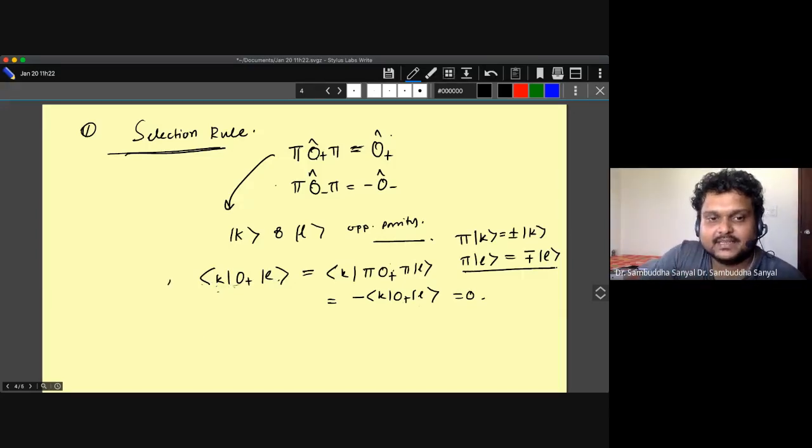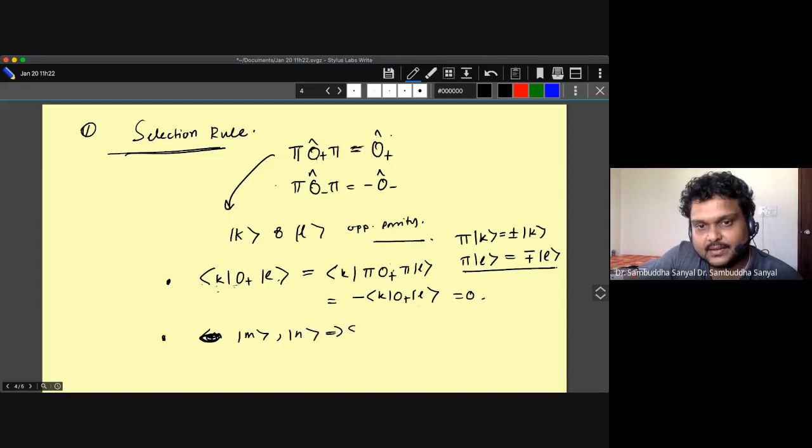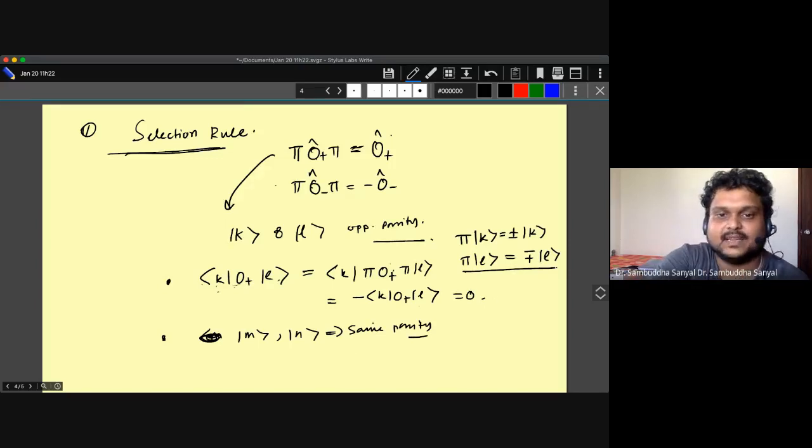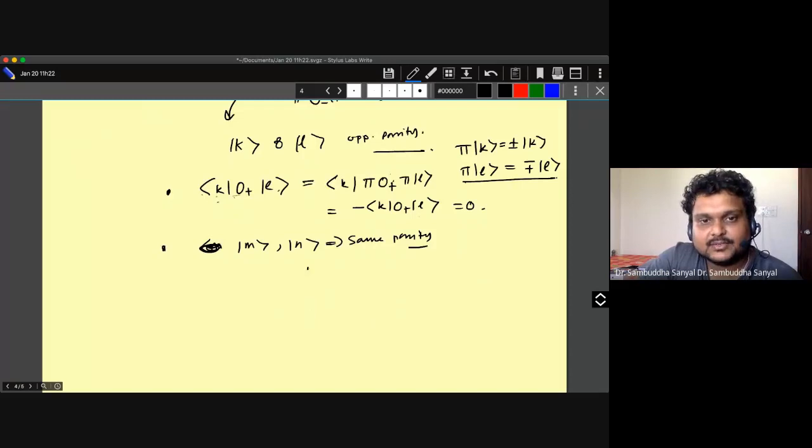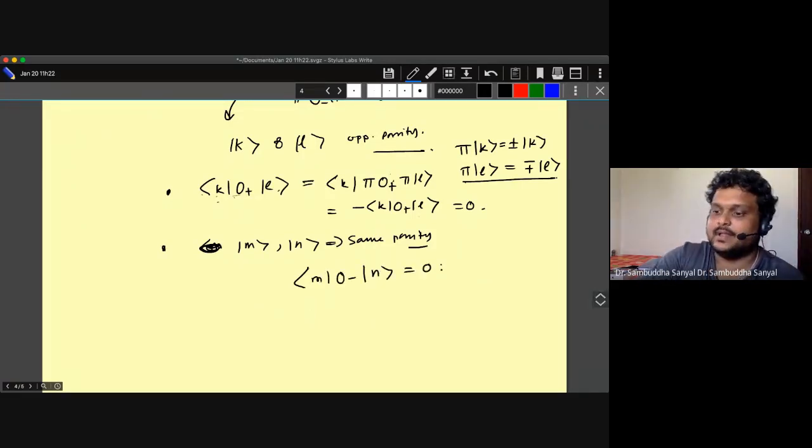The second statement is about this second class of operator. So let me take these 2 states M and N which are of same parity. Same parity means they must satisfy these plus minus, not plus minus minus plus. So for them I can show that M O minus N must be equal to 0. So what does it mean? This gives me a rule. So that tells me that the matrix element,